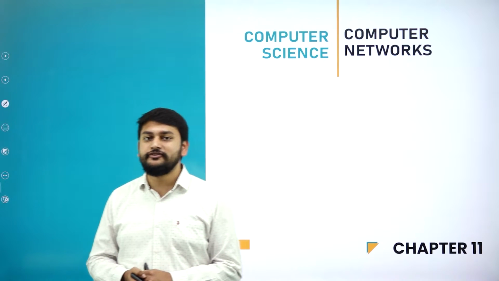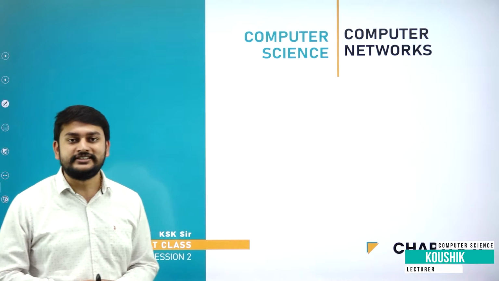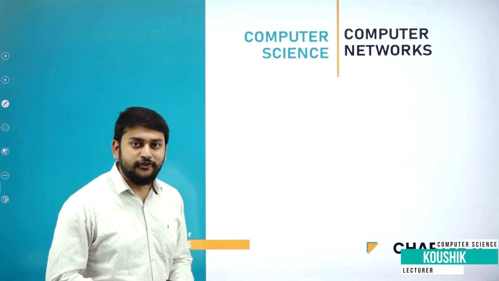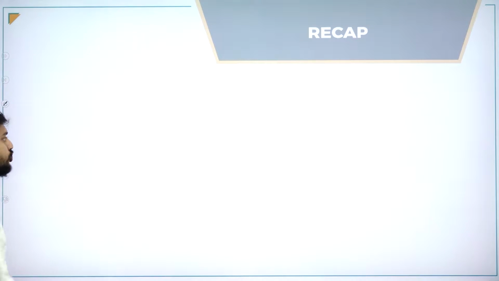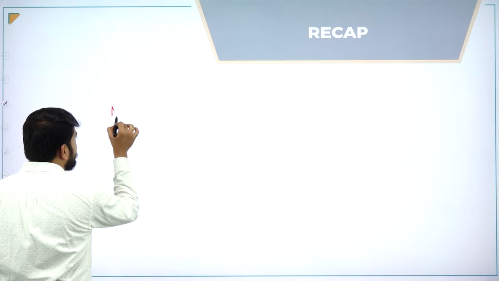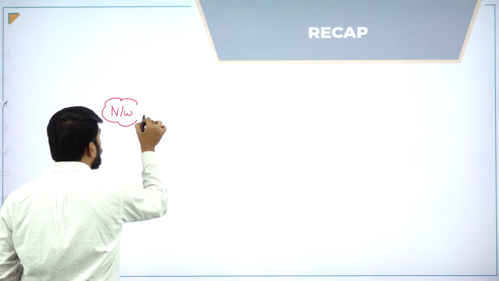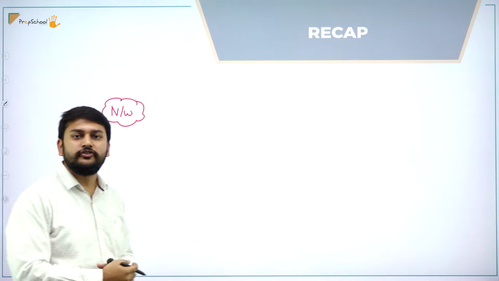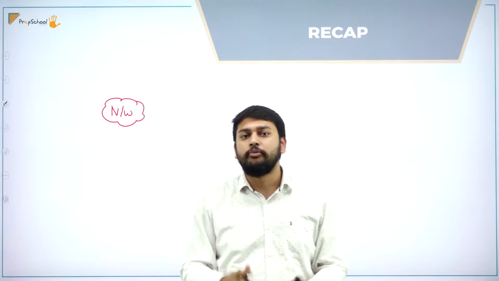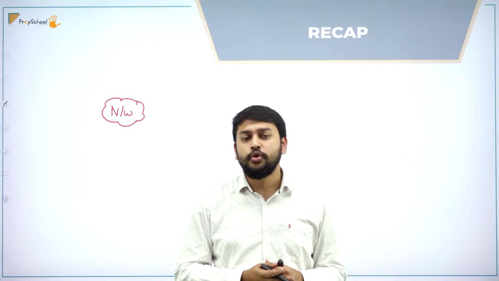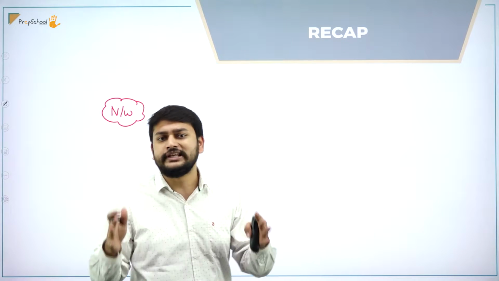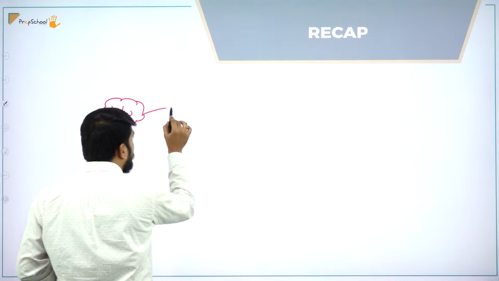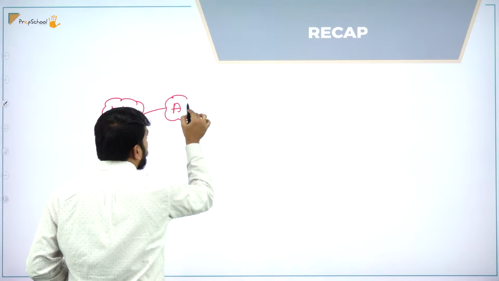Suppose you have not watched the video of the previous session, so let me give you a small recap before I start the session. What have we discussed? We started with the concept: what is the definition of network? We understood the basic definition of network, followed by what ARPANET is all about. Who started ARPANET? Why did we have ARPANET? Who was using it? All those things we discussed in detail in the last class.